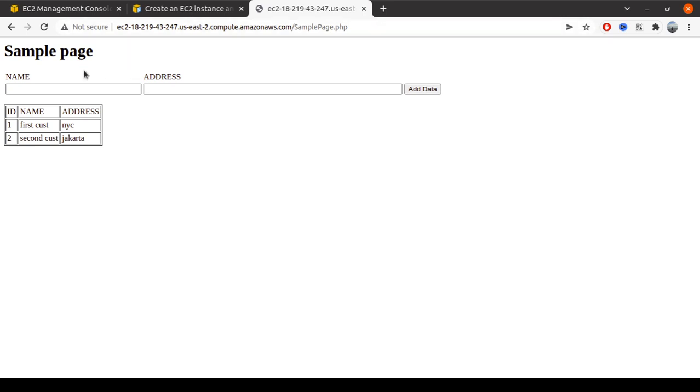Make sure that we create the database with the correct credentials and database name, and that the security group allows access on the port. In this case, because I use MariaDB or Aurora, the port should be 3306, right? This is the example of integrating PHP.